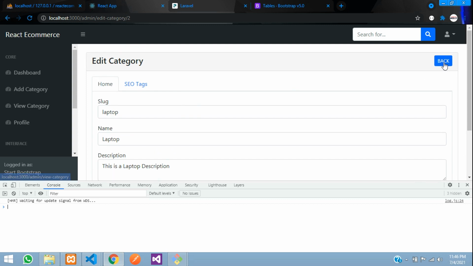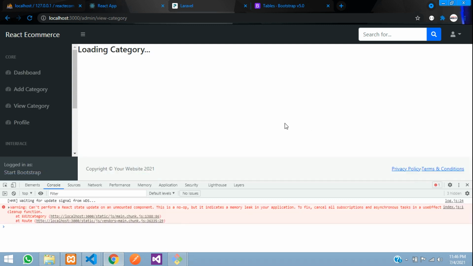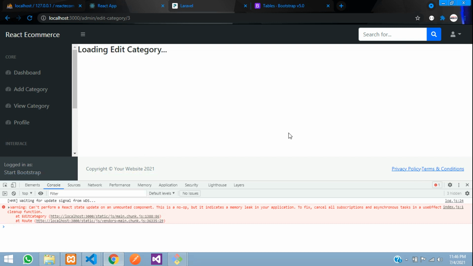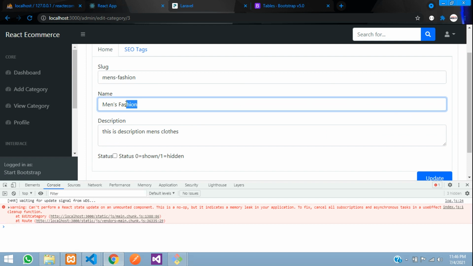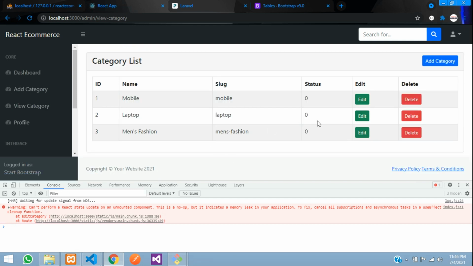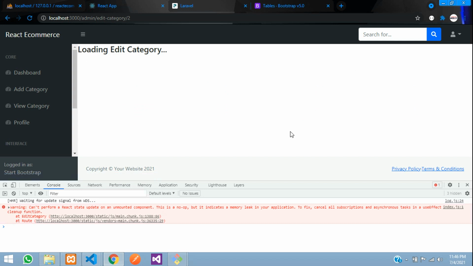So let's go back, and let's edit the third ID, Men's Fashion. Click on edit. You can see all the data is coming, guys. Perfect. So now let's update the record. Let's get back over here on the